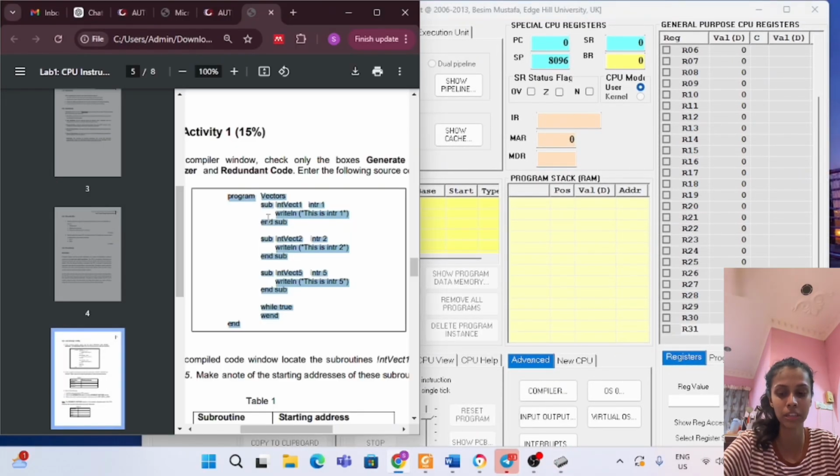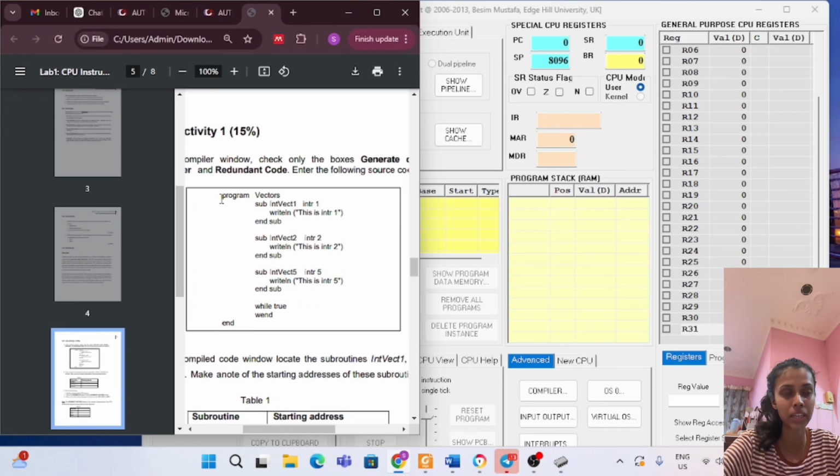Now I'll be explaining Lab 2 Part 1. For this activity 1, we will need to use this code. Before that, I'll explain this code. This code has 3 subroutines. The first subroutine has the first interrupt, the second subroutine has the second interrupt, and the third subroutine has the